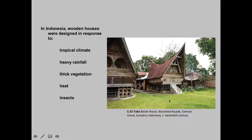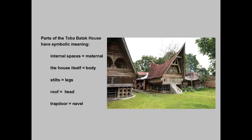There's heavy rain, thick vegetation, heat, and insects. The heat also could pass through here and kind of cool the house. Wind could come through it. Insects would be kept out by the closed wooden doors. So the internal spaces is in the